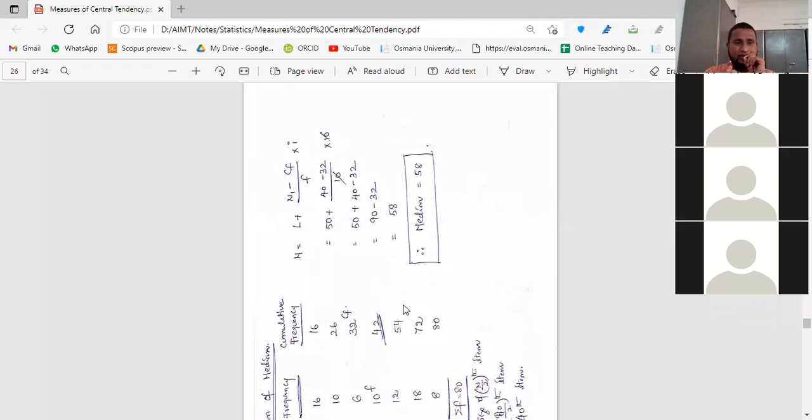If offline classes are continuing, no corona, then we have the usual pattern. In the usual pattern, part A, you have 5 questions. You need to answer all 5. 5 into 4, 20 marks. And part B, you have internal choice: from unit 1, 2 questions, unit 2, 2 questions, unit 3, 2 questions, unit 4, 2 questions, unit 5, 2 questions. So internal choice will be there. Out of 10, you have to write 5, like A or B, internal choice is there.